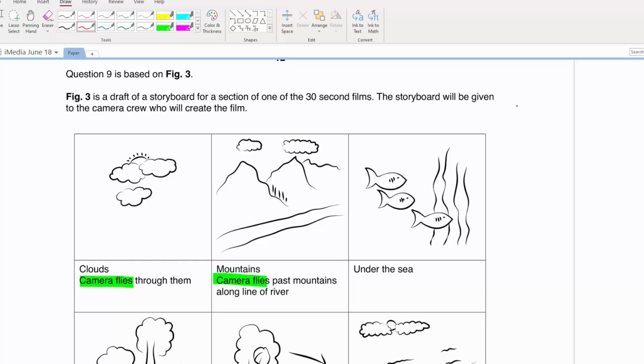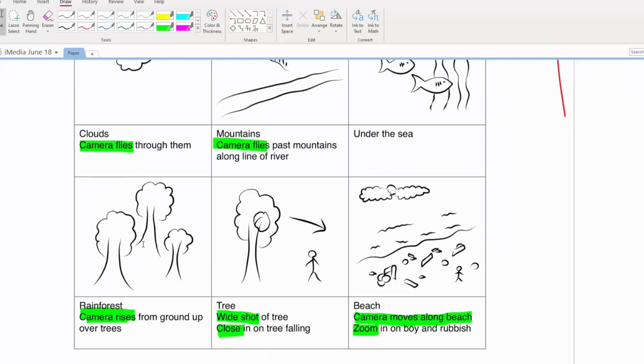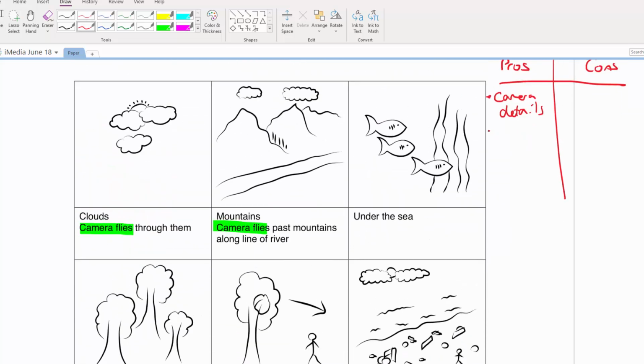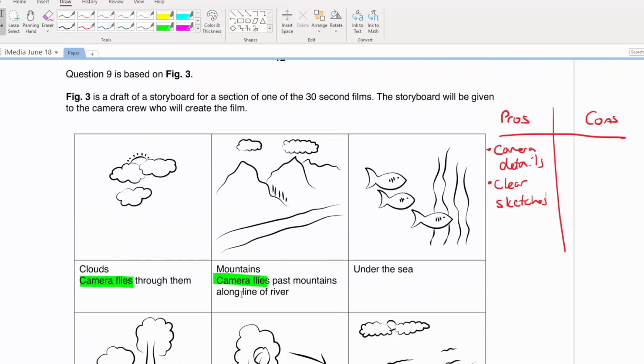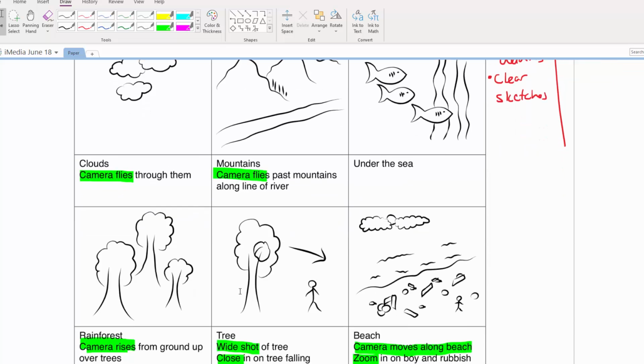We could do just one side pros and cons, just so we have a few points we're starting to think about. So I do like the fact we have lots of camera details, so movement and shot type, which is good. What else do I like about it? So I think the sketches are quite clear, the key aspects of each frame, each shot. So clear sketches. It's quite obvious we've got trees here, quite obvious we've got people, which is not always the case. I think we have some location info,